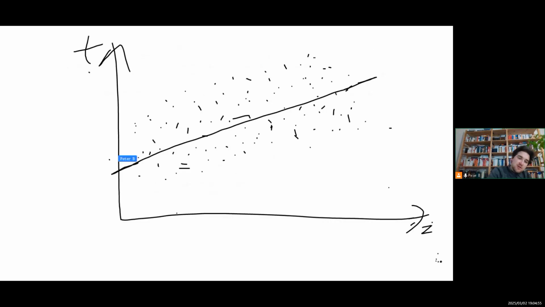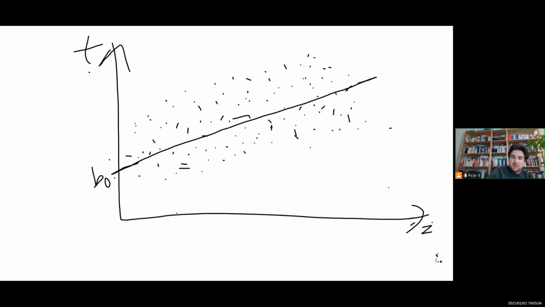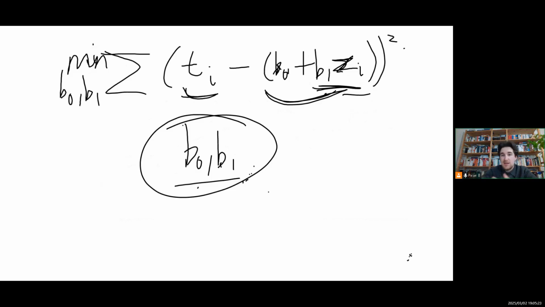And where b0 is the underlying constant and b1 is the amount that I'm timesing z by. So b1 is going to be the gradient of the line of best fit that minimizes the deviations from the data points. That's what we're doing when we're doing a regression, and we're chucking in these values. This is what it's trying to do, and it basically takes all these points and does this for us,